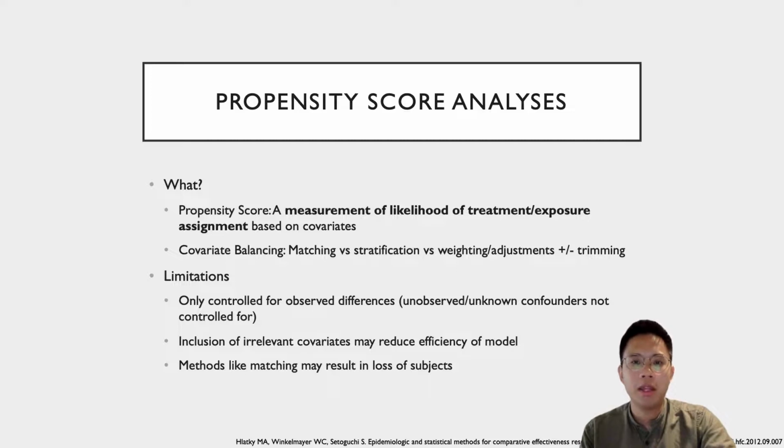Sometimes we may run into the other side of the problem, where we try to include so many covariates. From a statistical point of view, when many covariates are imbued into a model, this may reduce the efficiency of the model. And that model, as a means to adequately balance or control for confounding, may paradoxically become compromised. Certain methods like matching may also result in loss of subjects,